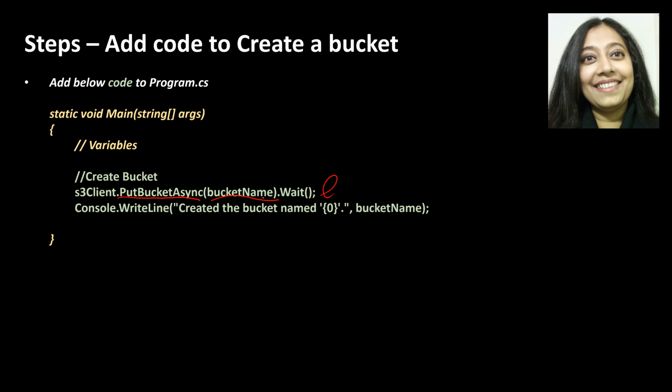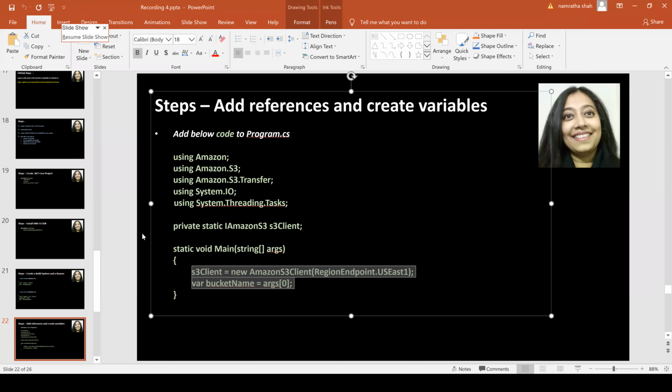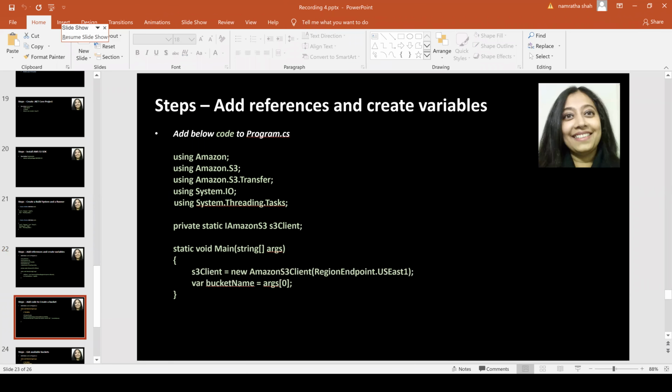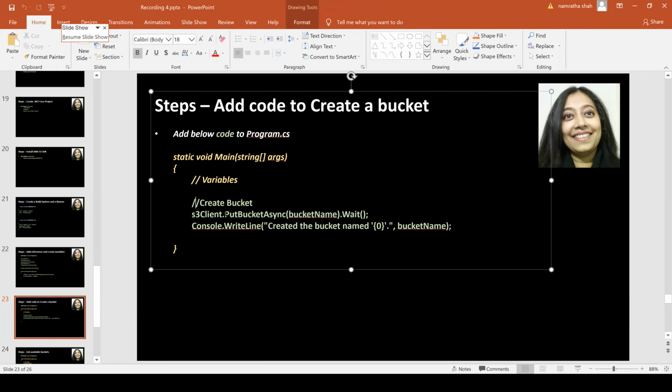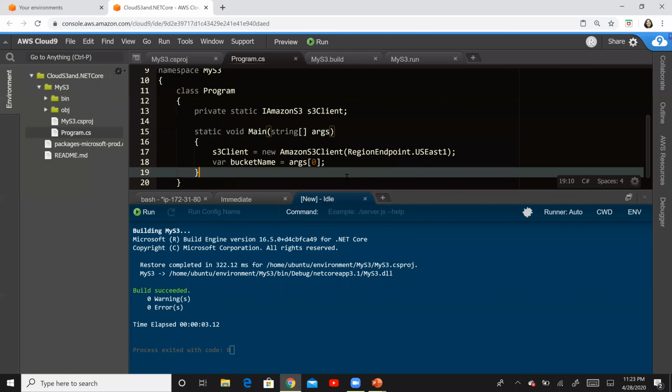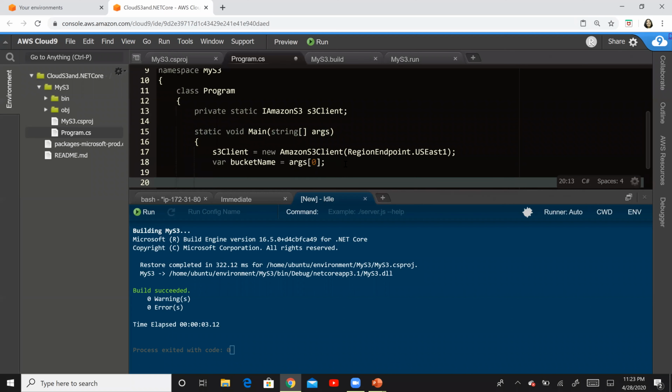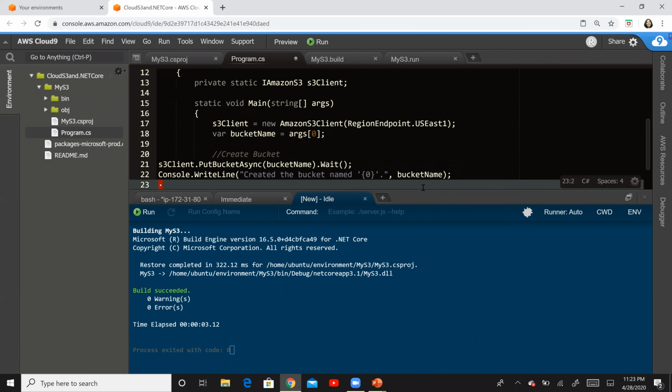And once a bucket is created, it will give us this message on the console that bucket XYZ has been created. Okay, so let us go ahead and copy this particular piece of code. I'm going to copy this and then paste it right here.